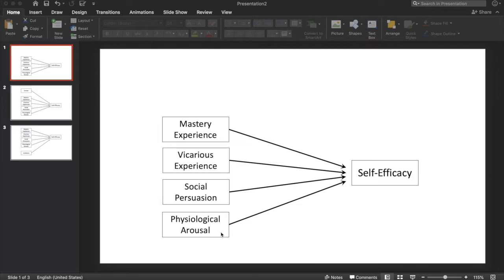So what we can do is to collect data that measures these variables and to use multiple regression to determine collectively whether or not self-efficacy can be accounted for by the predictor variables, and likewise what are the individual contributions of these four predictors to our outcome variable, which is self-efficacy. However,